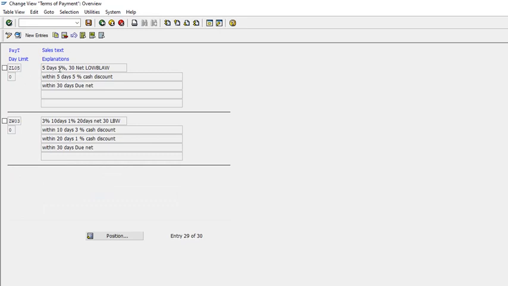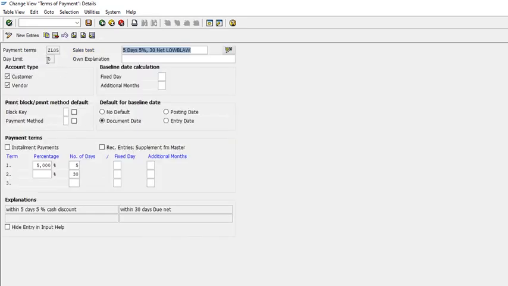So this I have made 05. I try to just identify that 05 means 5 days. 5% discount means that you will get 5% discount if we make payment within 5 days, and the total credit period is 30 days. And you can extend this thing, like you will get